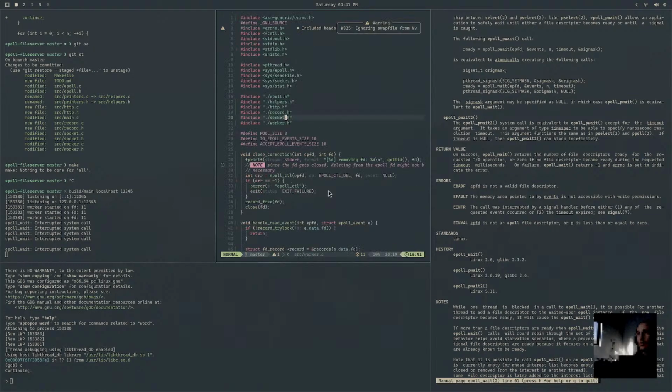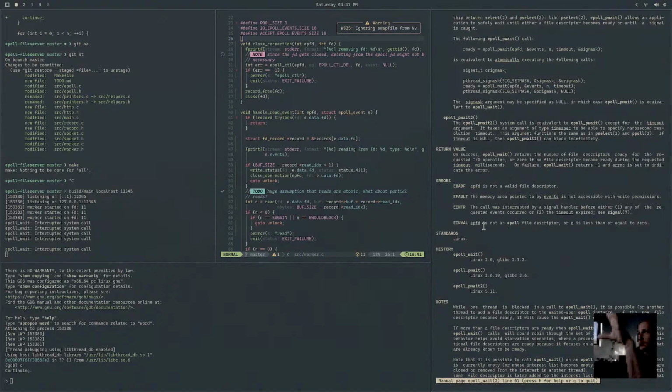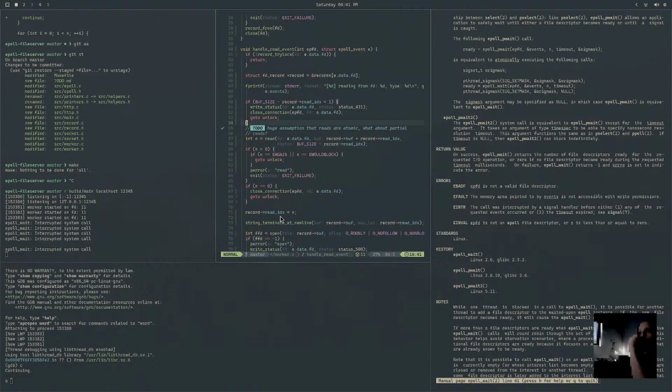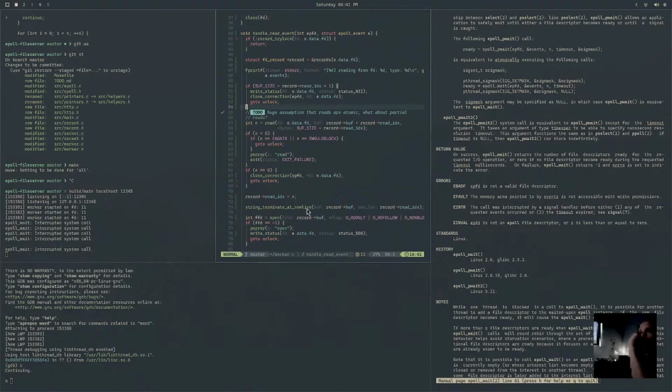Worker. So in this situation, we saw this bug where we requested a file and it gave us a different file. So what I want to do is set ptrace, set the debugger to break on string terminate at new line. That'd be a good one. So before I even open it,